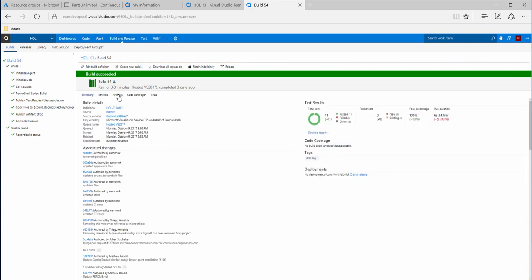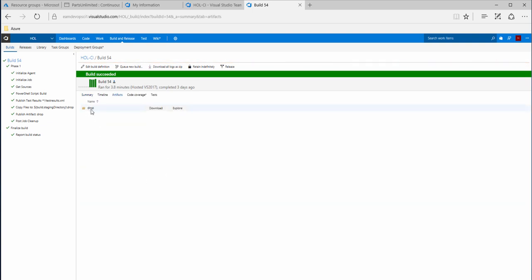What we're interested in here really is the artifacts. And we can see there's one artifact listed here. This is the drop. This is the application that we'll push to Azure later on when we have the infrastructure to deploy into. And what we want to do in this task is create a second artifact specifically based around the templates. You want to publish the ARM templates as an artifact which you can then use to build out our infrastructure in Azure. So we need to edit our build definition